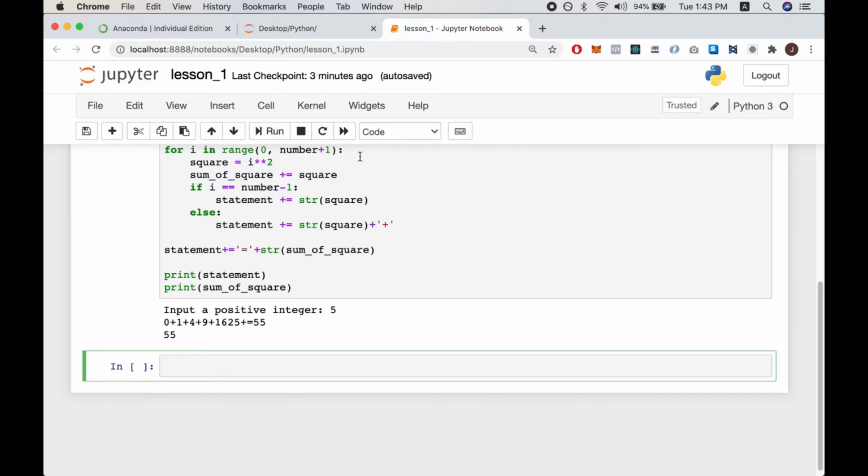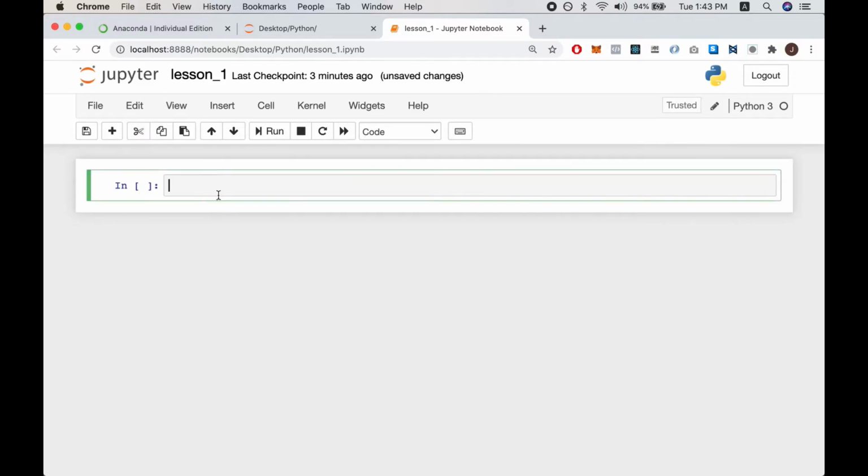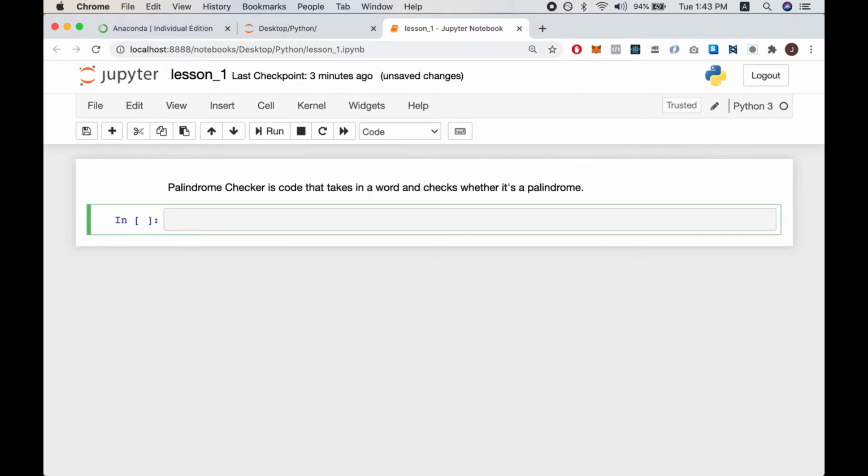So let's change this. You know what, let's delete everything. A palindrome checker is code that takes in a word and checks whether it's a palindrome. Okay, and that's all really. So I'm actually gonna show you how to make a palindrome checker because I don't think I've gone through it yet. And basically we'll just start with user input equals input